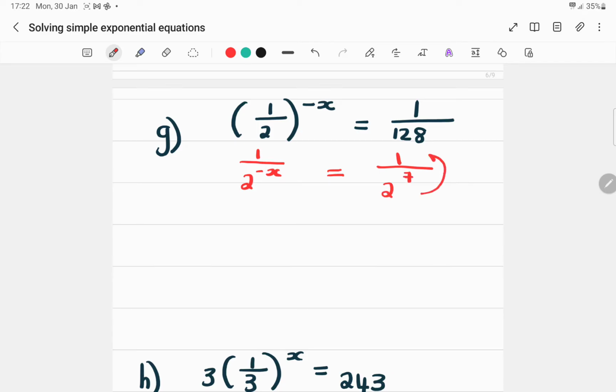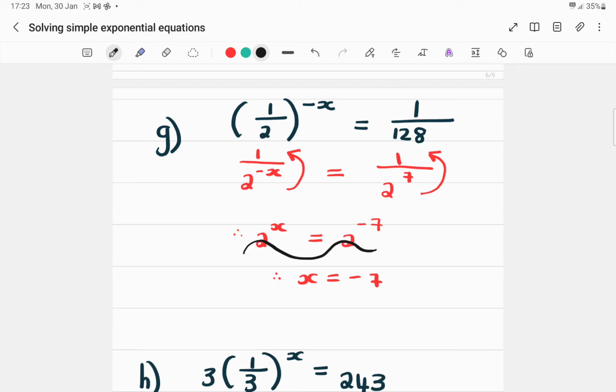Okay, so then I'm going to bring this upstairs. Thus, it's 2 to the power x is equal to 2 to the power negative 7. Thus, x is equal to negative 7 because I dropped it like it's hot. Okay, you can always test in your calculator. So if I put 1 divided by 2, all raised to the power negative 7, it should give me